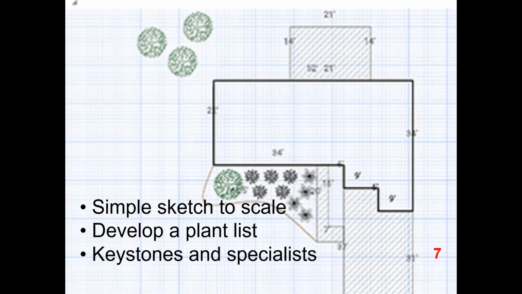When you are sourcing your plants, though, I strongly suggest that you prioritize putting in trees first, and then shrubs, and then the smaller perennials and ground covers.